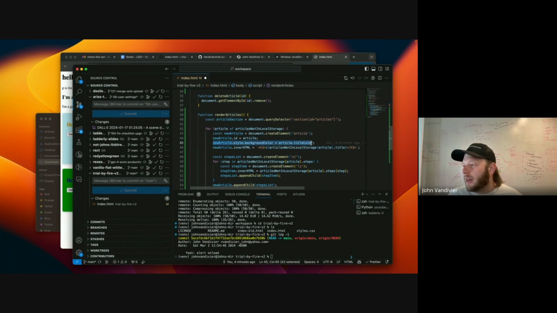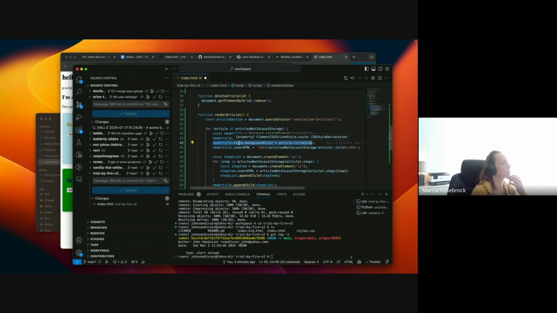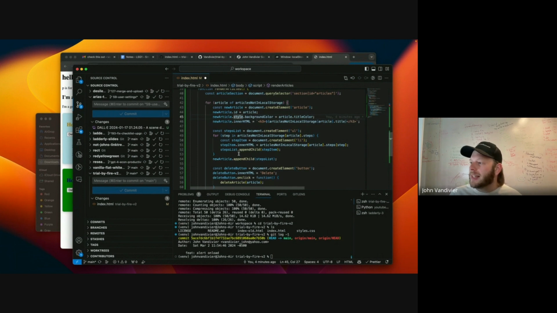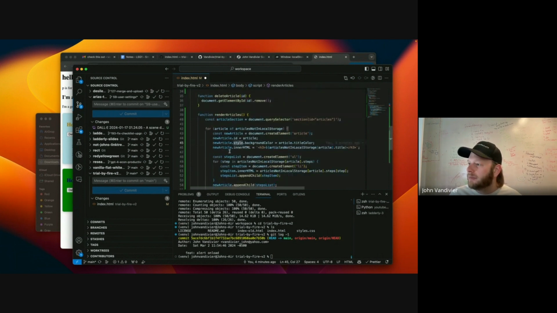Cool. So that's it for this line. Well, we're still background color is equal to our title color. Yeah. So we want to affect the title. So where is the title? Where could that be? This is the title, isn't it? Yeah. So do you know how I fix this? Do you know how I could fix this?